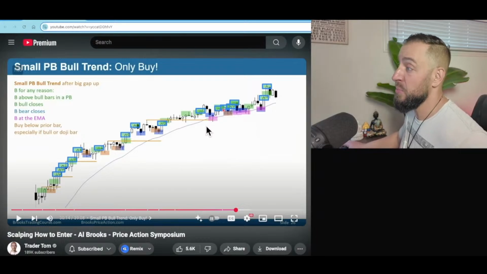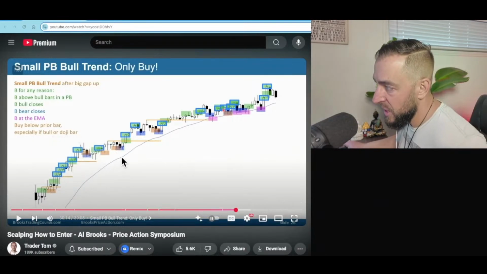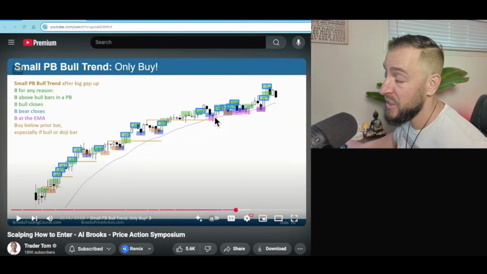So this is one of the easiest setups to identify because look at the moving average. Okay, blue line, moving average. Look at how often we touch the moving average. Not once. This is the open of the day. Not once. Okay, so we are getting close, but we're not getting there. We're not getting there. And then look what happens at the first touch of the moving average.